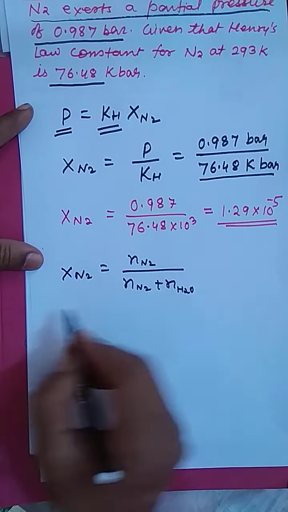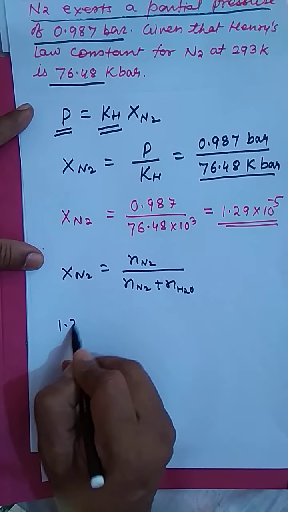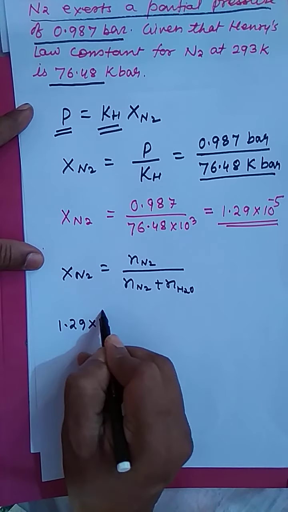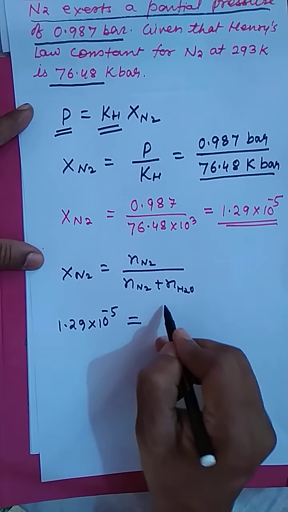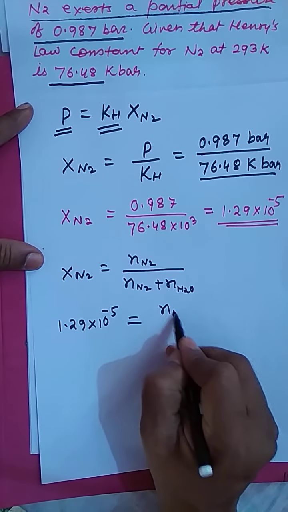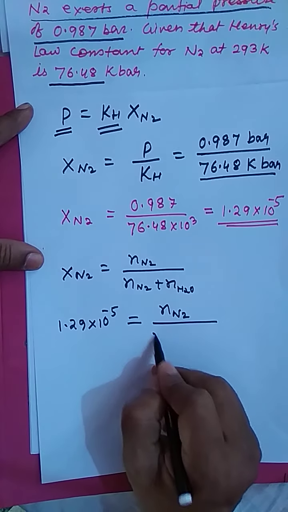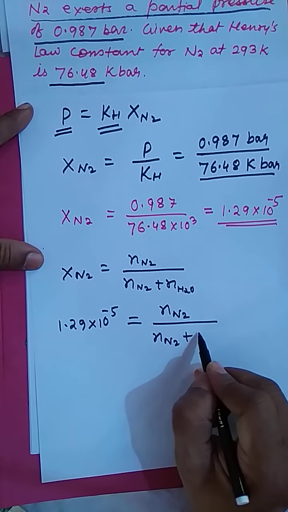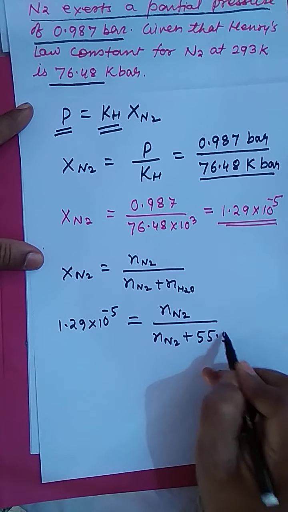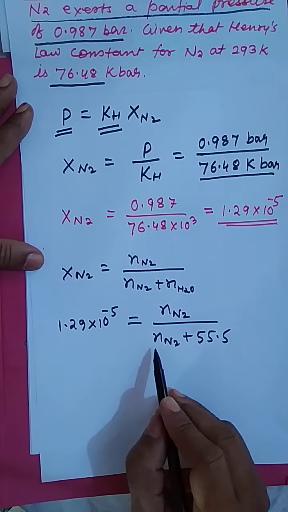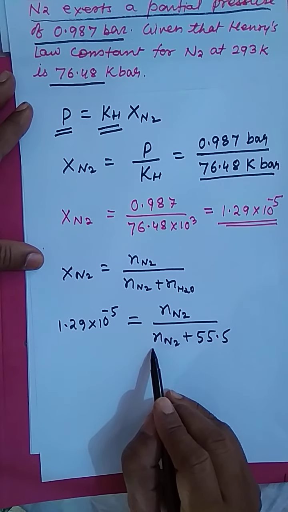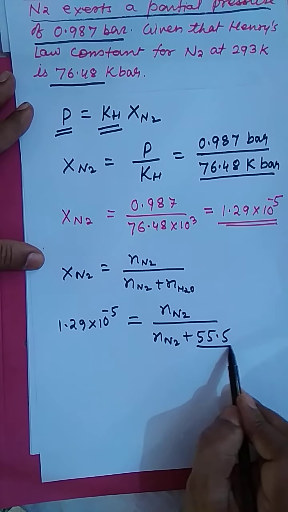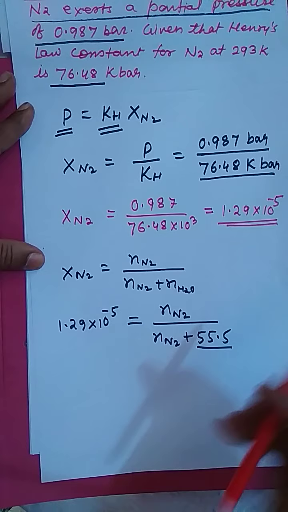Now the mole fraction of N2 is 1.29 into 10 to the power minus 5, and the number of mole of H2O is 55.5 mole. Now we see the concentration of N2 is very, very small in comparison to water, so you can neglect it